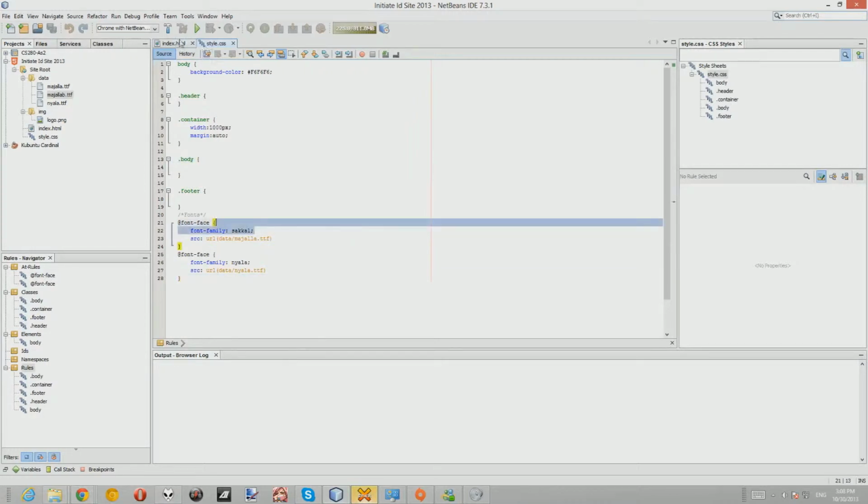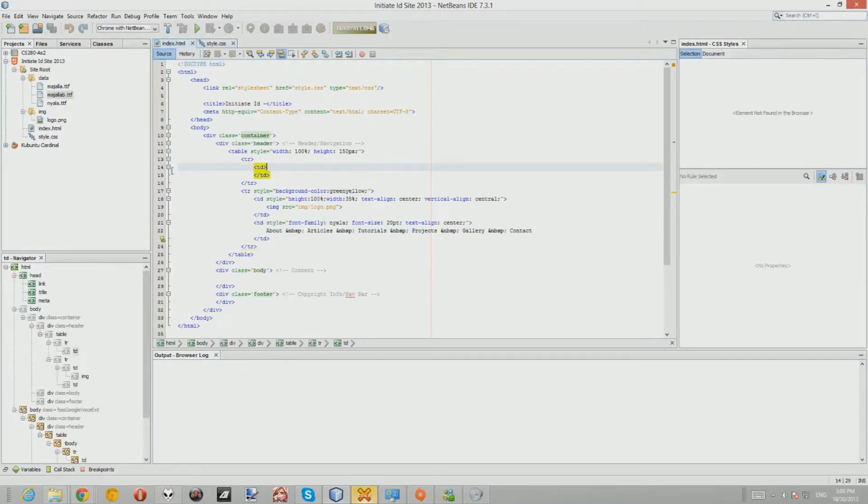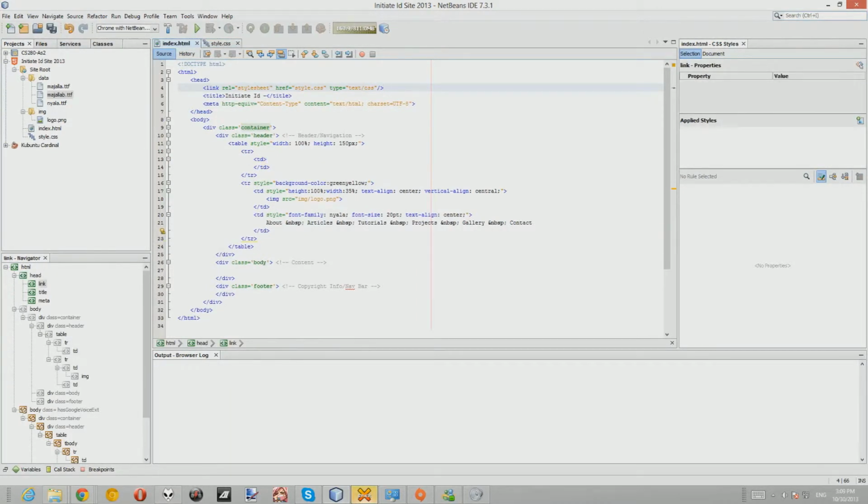And when you just go in here, the index, pretty much you can do a lot of cool stuff with NetBeans. So you can link CSS files. So if you go to document here,